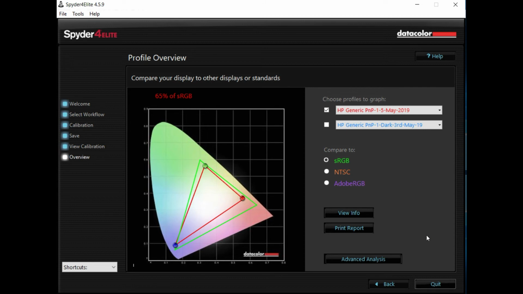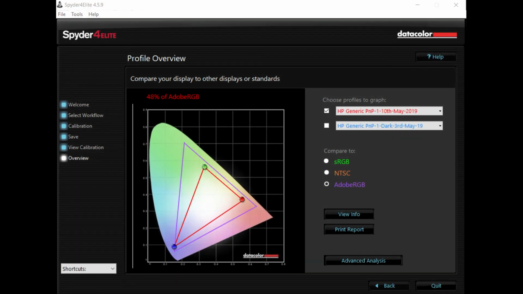Now this is a very critical piece of information and let me explain it in detail. The horseshoe shape represents the visible spectrum. This is the amount of color a human eye can see. The green triangle represents the sRGB color gamut, and the red triangle represents the range of color this laptop monitor can display, which is only 65% of the sRGB gamut and close to 50% of the Adobe RGB gamut.